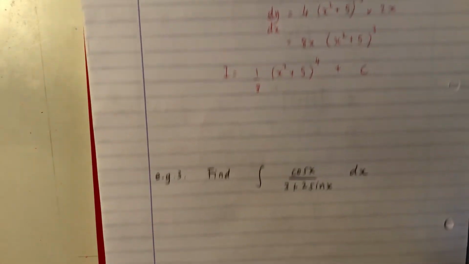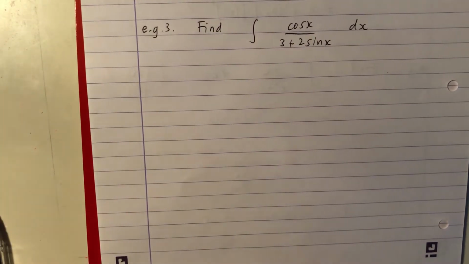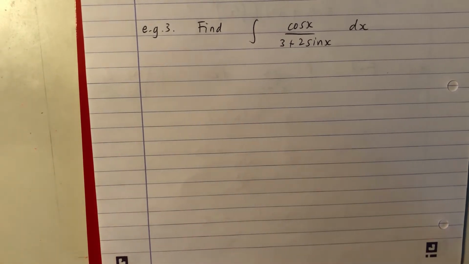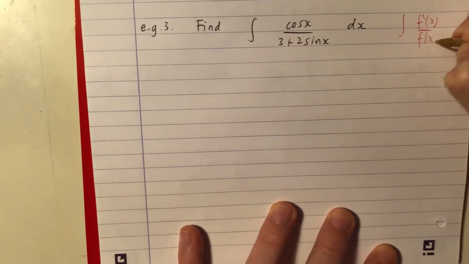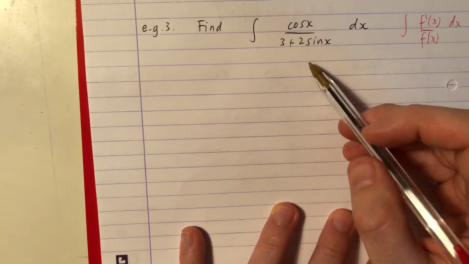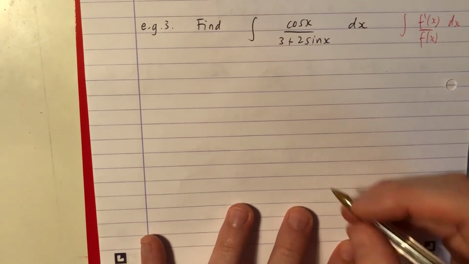Again, you've got to spot that pattern. Right. E.g. number 3. Getting harder. We have cos x over 3 plus 2 sine x, that integrated. Which of the two patterns do you think this one looks like? Probably the fraction one, so f dashed of x over f of x. Let's just see if this does make sense. Well, what does that differentiate to? Well, that disappears, and sine does go to cos, so it could work. So let's guess